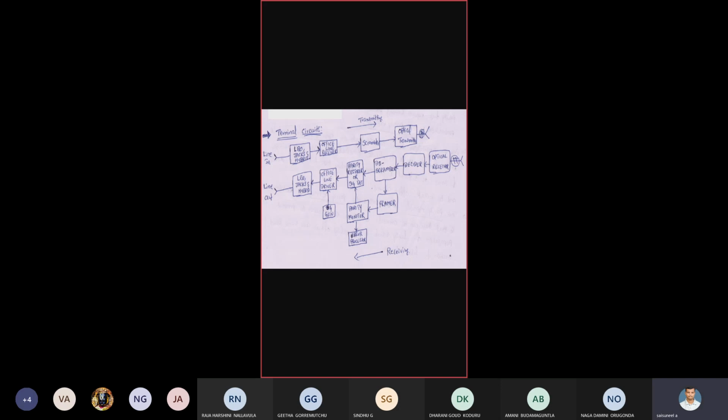What is the use of this decoder or decider? It is the circuit whose function is to determine whether a pulse exists or not. Once the signal is converted from optical to electrical, we have to check whether the pulse is present or not. That is the concept here. The decoder has another name, decider.